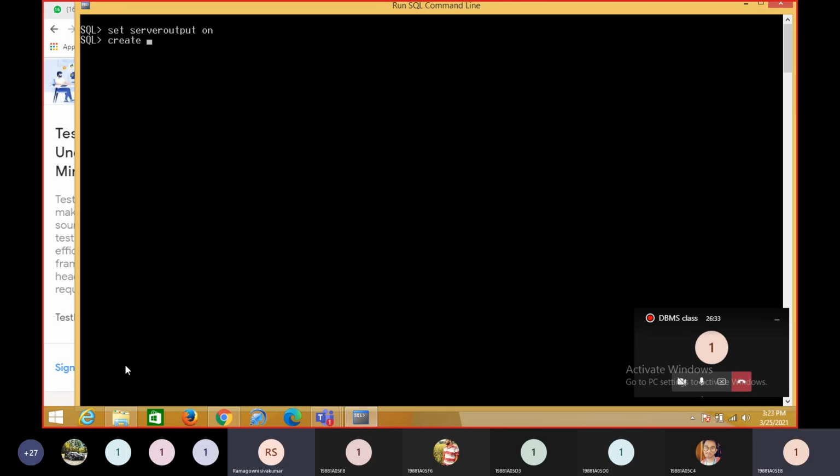Create. Already you created functions, right? If it is a function, it is create function; for a procedure, create procedure, then the procedure name. Some example, pro1, whatever you want to give. Here it is CR. Create procedure name, and that procedure has parameters: A in number type,